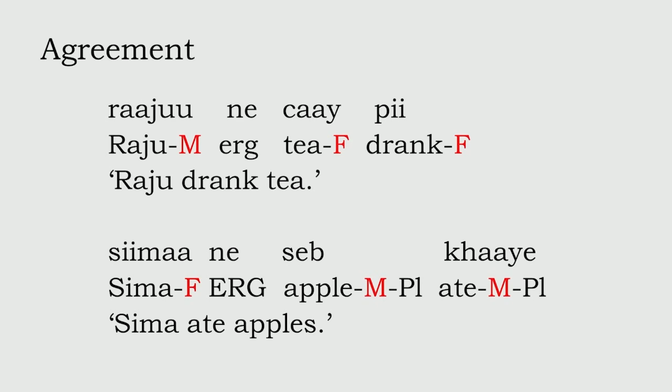Now, also pay attention to the parts that are marked in red. Raju has a masculine gender on it. However, chai has got a feminine gender on it. Now,